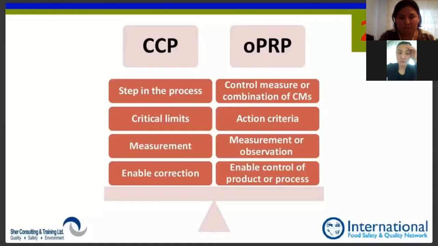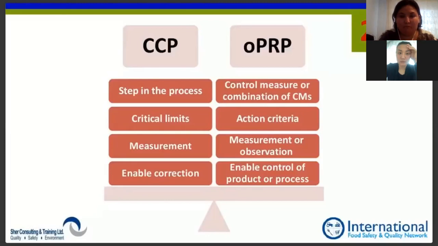It's worth making a note that both FSMA and ISO 22000:2018 do not make mention of the term HACCP anymore. And it's a sad moment in history where HACCP has officially been retired. If you go through 22000 and do a word check to see how many times HACCP appears, it appears once in parentheses in a note. It has no meaning in the standard. Same thing with the FSMA.